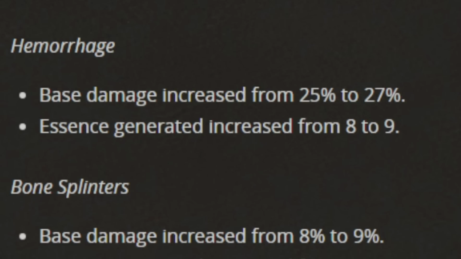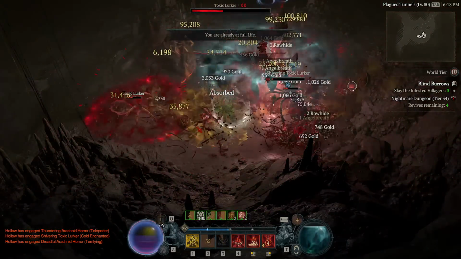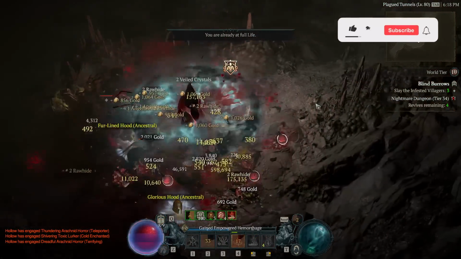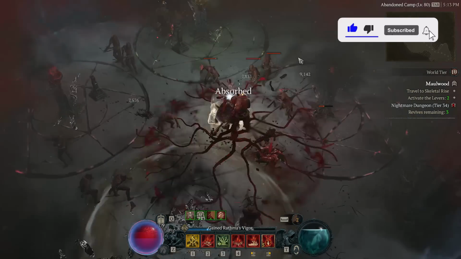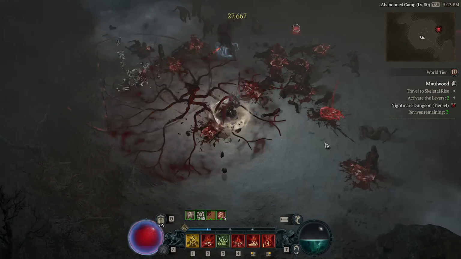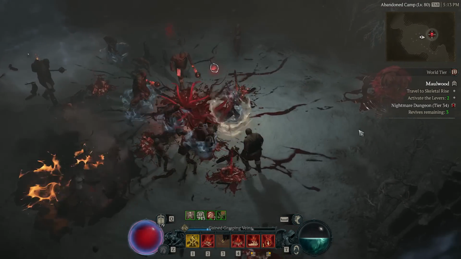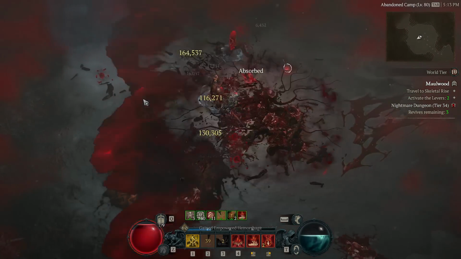that. Next for the basics, we have a Hemorrhage buff. This is the commonly used for blood builds basic attack, dragging health away from the enemy, and with the passive, turning into an AoE. Base damage was increased from 25% to 27%, which is going to be noticeably nice for that AoE version, and the essence generation is up from 8 to 9. Not a major increase, but still good for the AoE version. Considering this is a basic you would use with, say, blood builds, not a bad pickup, but also not a